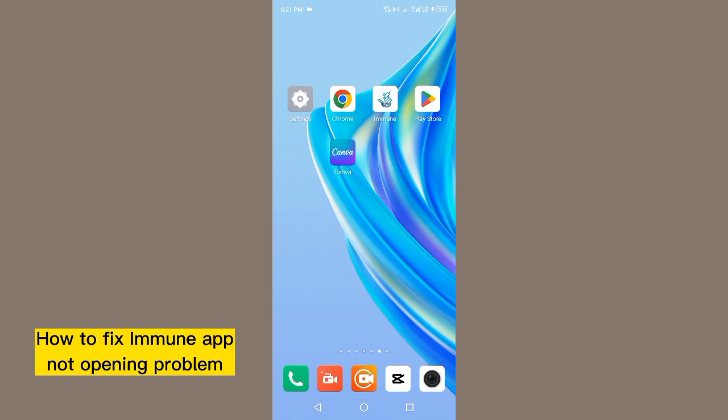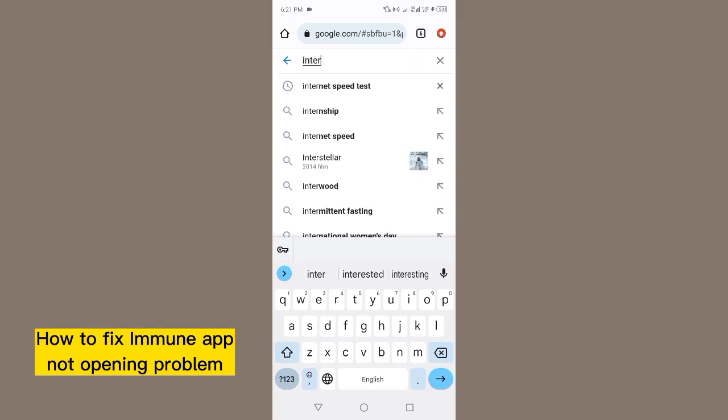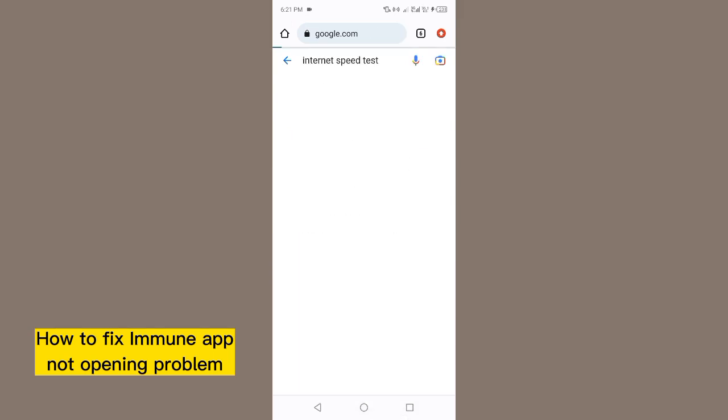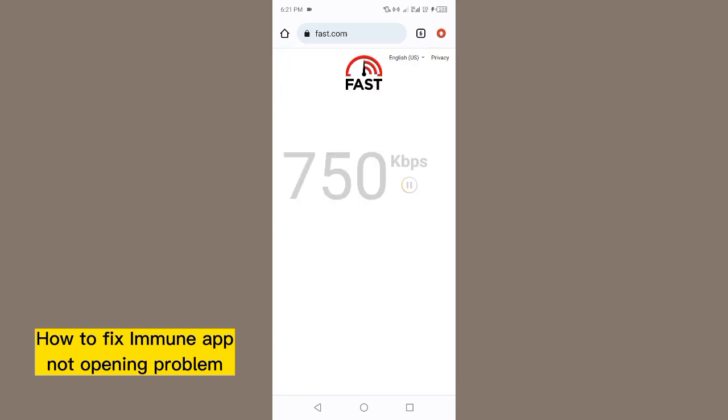For this, go to Google and check your internet connection. Type internet speed test and tap on the first link. If your internet speed is not working, it will show here. So